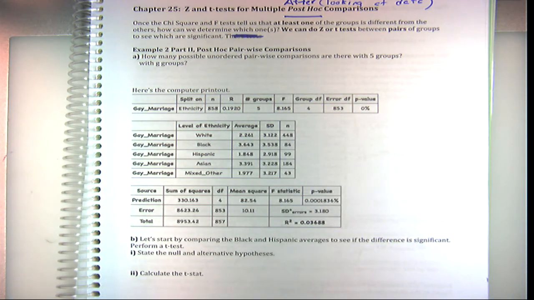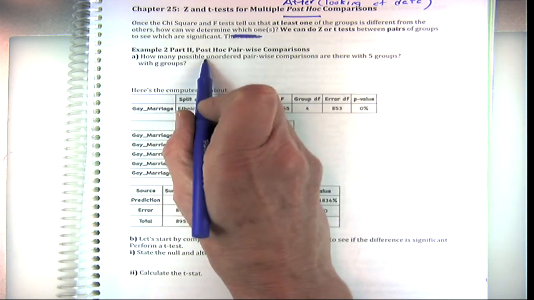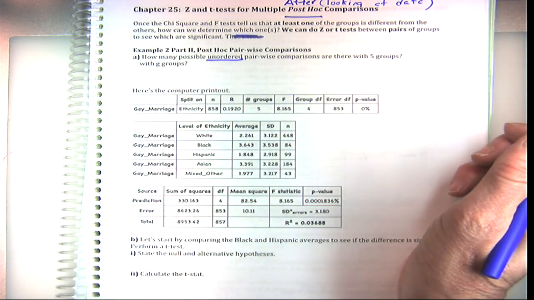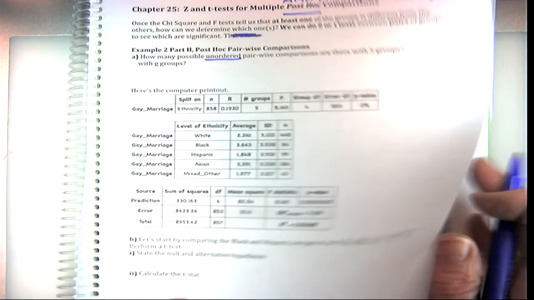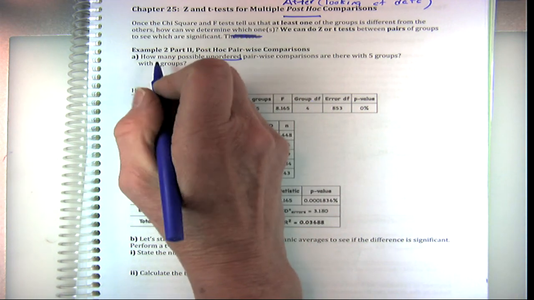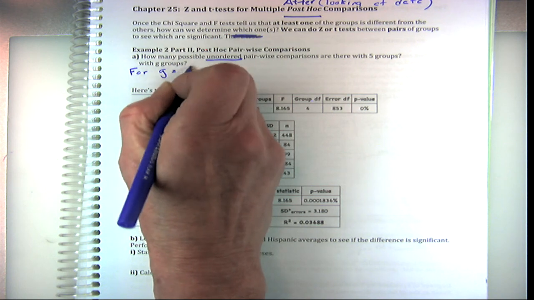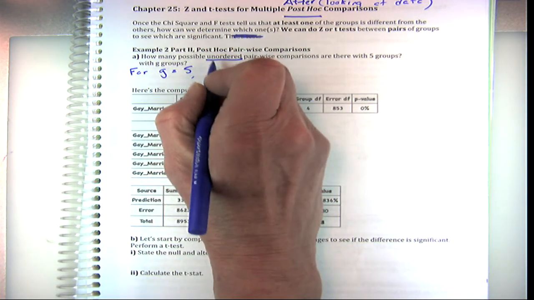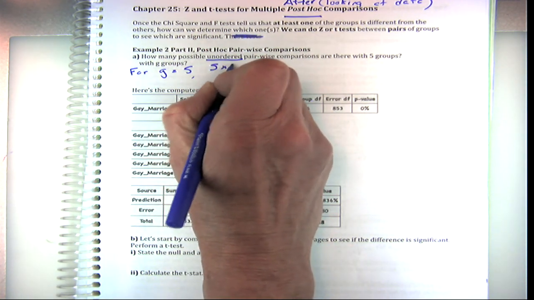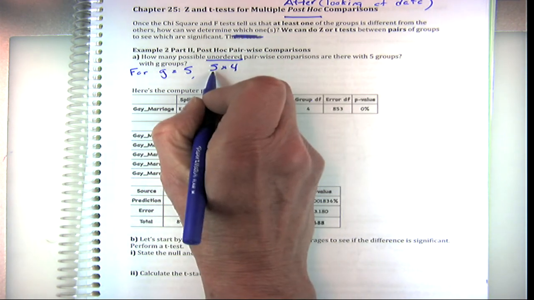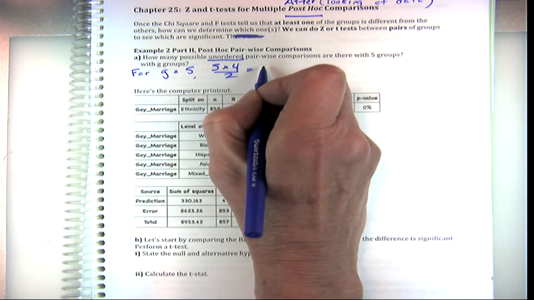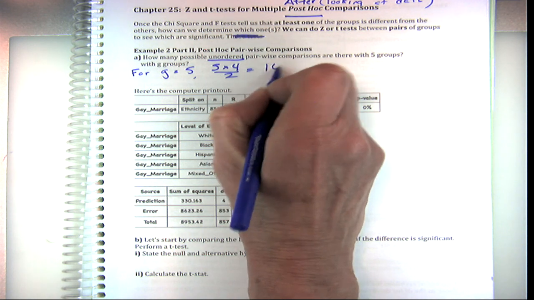I don't want to distinguish, so I divide by 2. So for G equals 5, you'd have 5 times 4, divided by 2. That would be 20 divided by 2, and that's 10